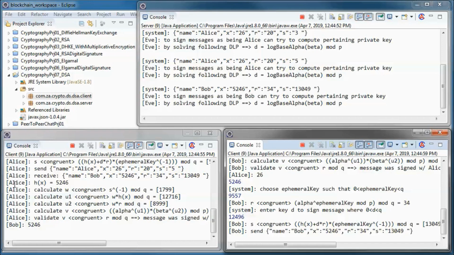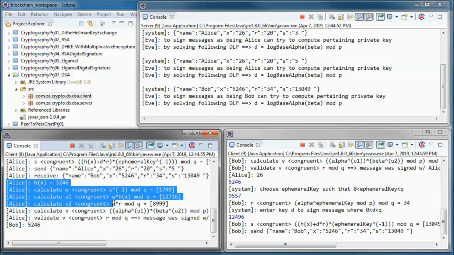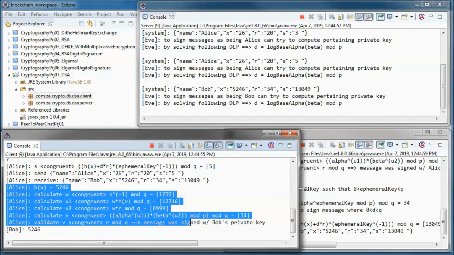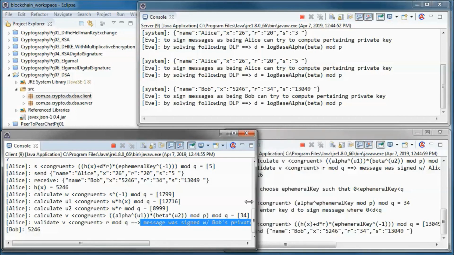So Alice receives his ASCII hash message and calculates W, U1, U2, and V, and determines that the message was signed with Bob's private key.